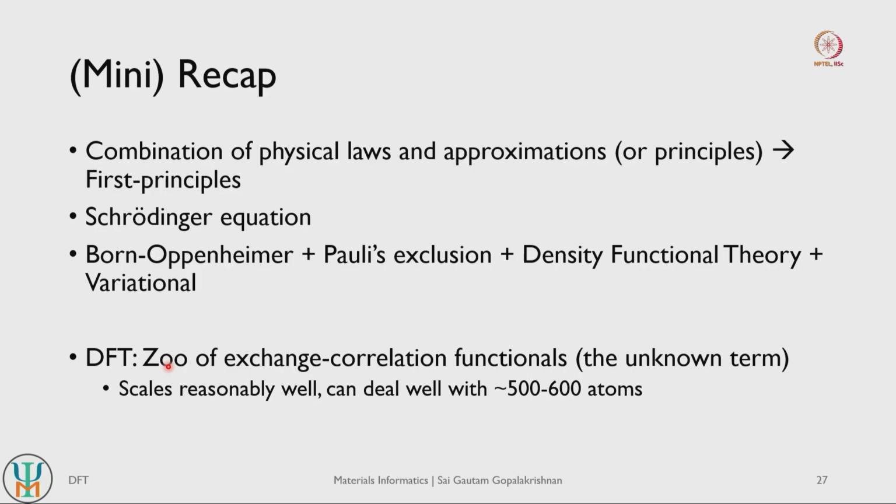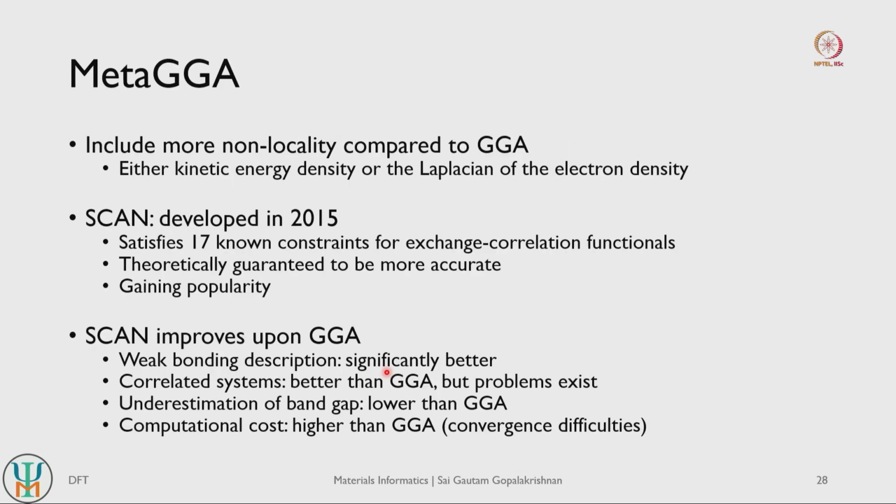And in this lecture we will continue our discussion on exchange correlation functionals, and we will also look at some of the other approximations and other rules of thumb to keep in mind when we do typical density functional theory based calculations. Okay. So in GGA we introduce some amount of non-locality in the exchange correlation functional by taking into account both the gradient as well as the electron density at a given point in space, right.